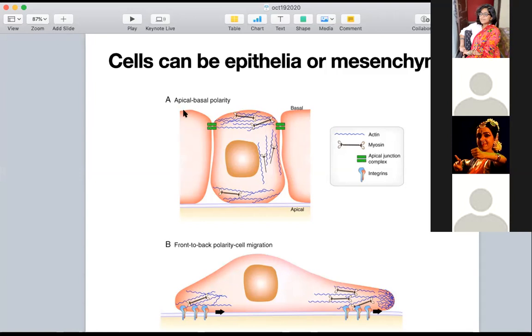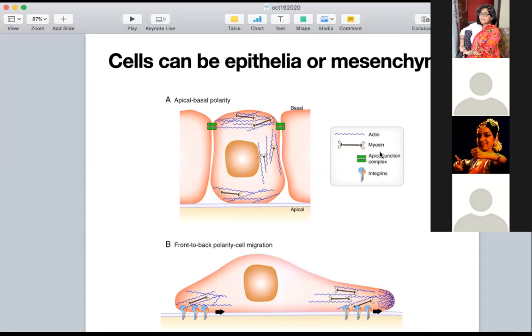So where was I? Epithelia. Okay. So what you're looking at in A is an epithelial cell, and in B is a mesenchymal cell. The first thing you see is that the epithelial cell has neighbors. So epithelia are never solitary. They form a sheet, and these sheets have connections between each neighboring cell, and these connections here,